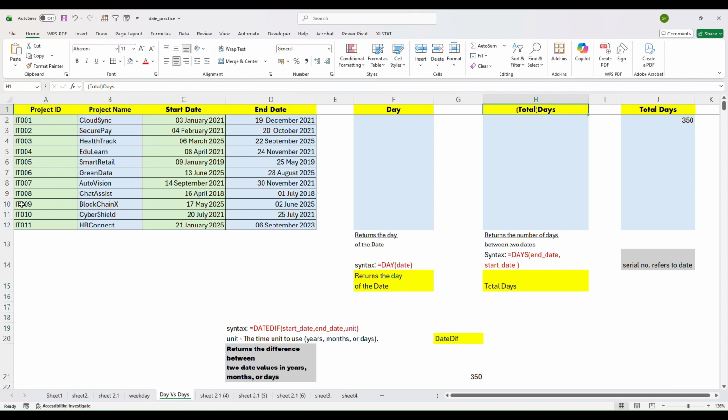So there is a project here, data of an IT project, where there are certain project names and they started on a particular date. These are the dates where the project was started, and the project ended on these particular dates. To calculate the number of days that the project was done, we have to use the day formula, and now the syntax is this: day is equal to